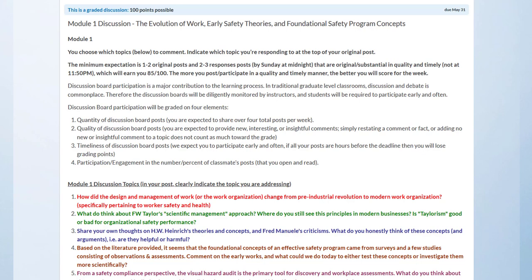Choose the 1, 2, 3, 4, whatever you want to speak on, and then I want you to go back and read what other people posted and comment to them. That's really what the grade is. It's the original post and the response post. It's not just going on at one time during the week for an hour and going blah. It needs to be more frequent. That's why it's meant to simulate what we're going to do in the 45-to-60-minute session that's going to be